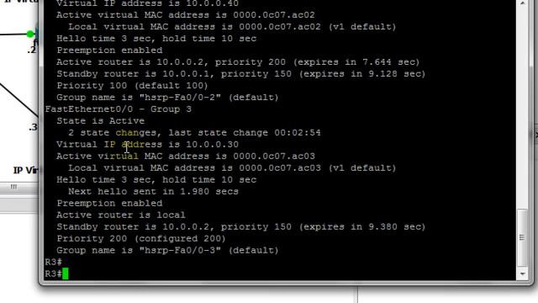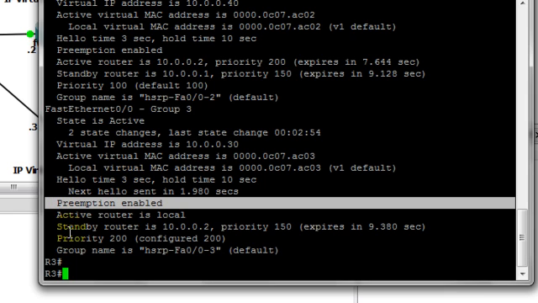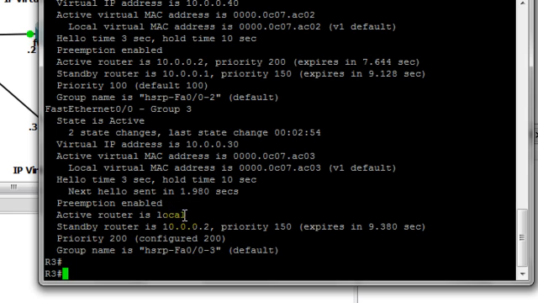So also my virtual IP address is 10.0.0.30, and the virtual MAC address ends in AC03. The 03 means group number 3, and preemption is enabled, and the active router is local. The standby of router 3 will be router 2, because my condition says this: if router 3 goes down, router 2 will be the standby and take over the action of router 3,